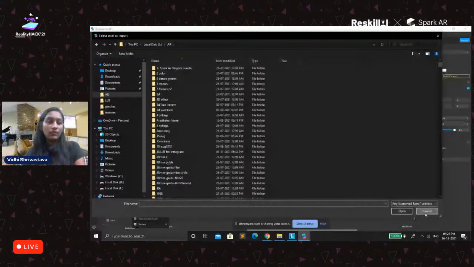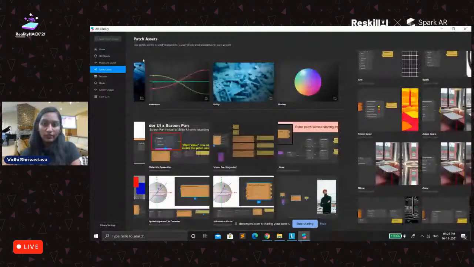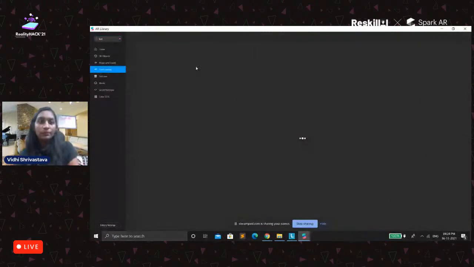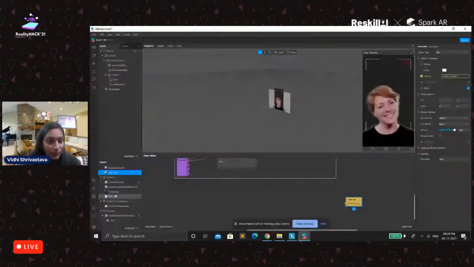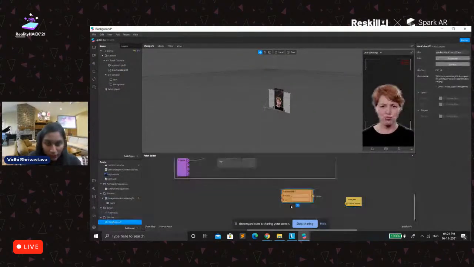In the assets library, we have the patch assets, and we have the fast color LUT. This is the wonderful patch that usually 99% of the creators use. So I just downloaded the patch.